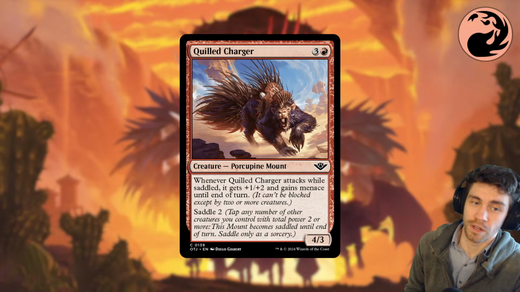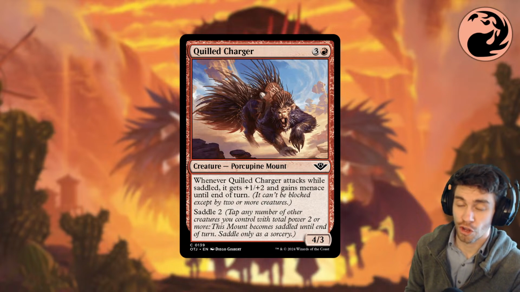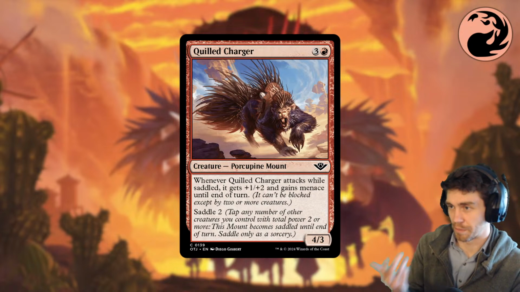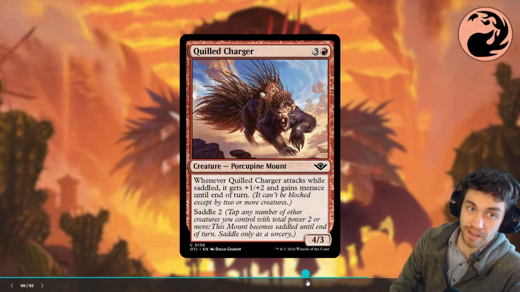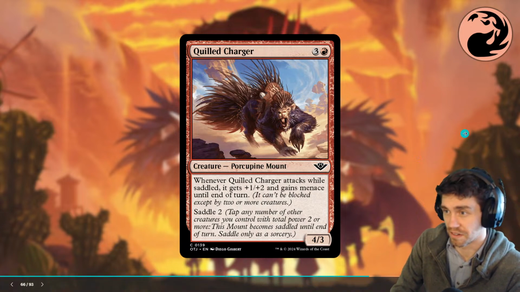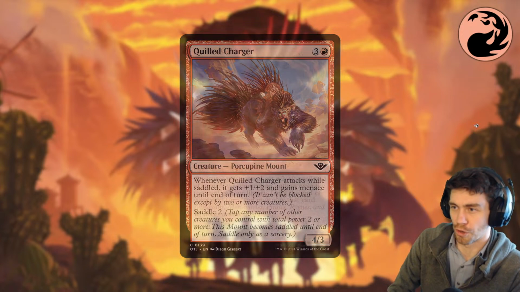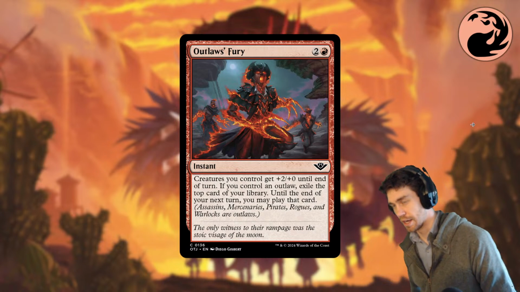It also, saddle 2 is kind of right in the range of pingers, where you could take pingers that usually don't attack, saddle this up and attack with it. Not a lot to say about it, but it just struck me as, 4 mana 5/5 menace is nothing to laugh at. And it could have a home that I'm just not familiar with. Next one is Outlaws' Fury. I'm going to take it down a notch here by